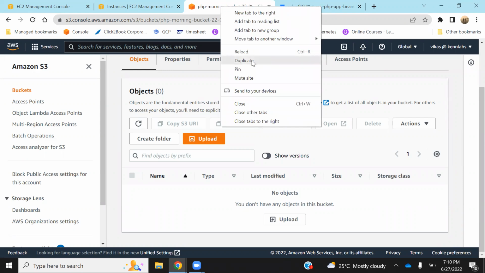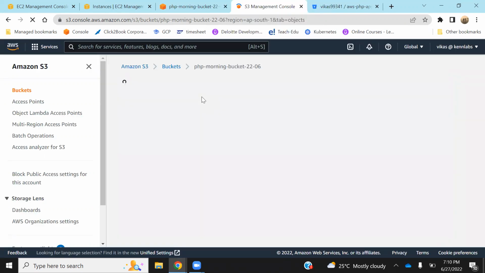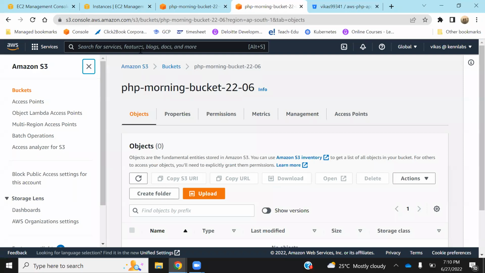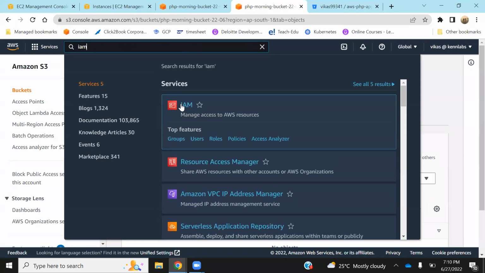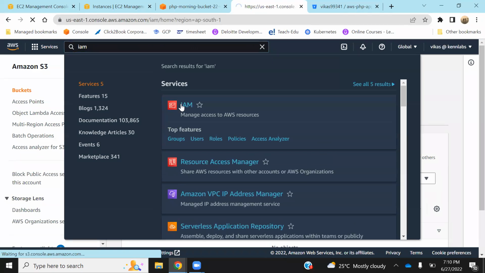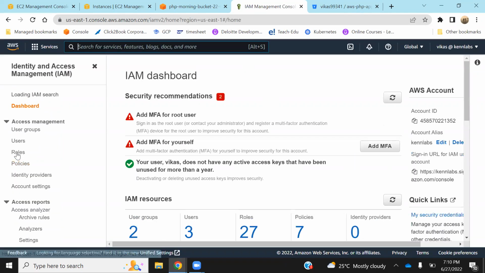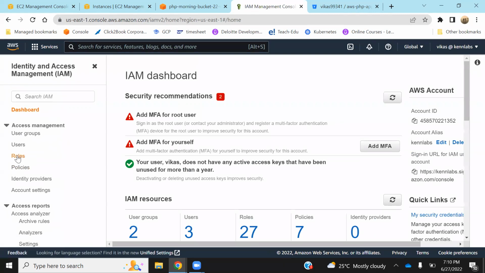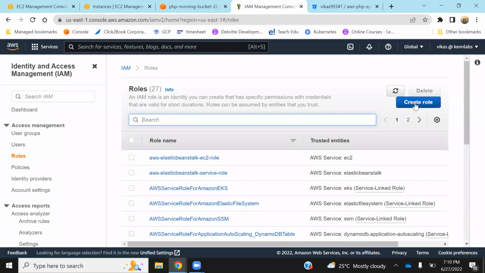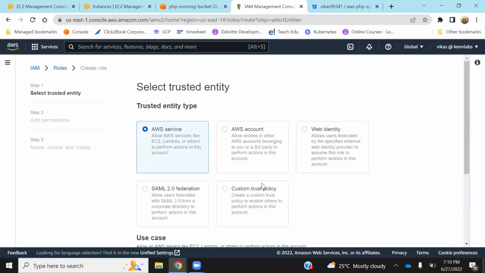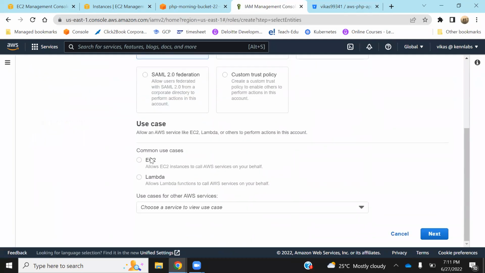So again, I'll duplicate. Here, I'll create an IAM role. You can come here and say IAM, and you can create a role which gives S3 access to my instance. Okay, so let me come here to roles, create a role. Who is going to use it? EC2 is going to use it. Next,